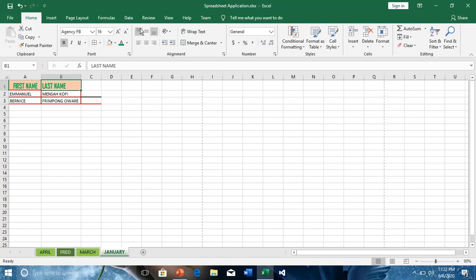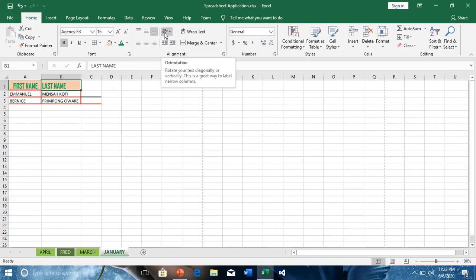When you go to top align, middle align, and if you want your text at the bottom of the cell, you have to come to bottom align. In case you want to put your text at the middle of the cell, you just click middle align and this. Okay, the next thing that you look at is